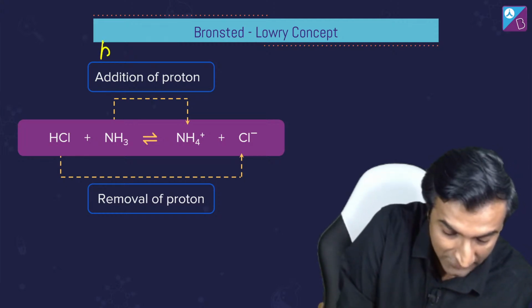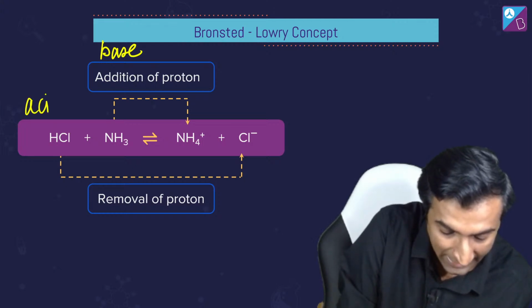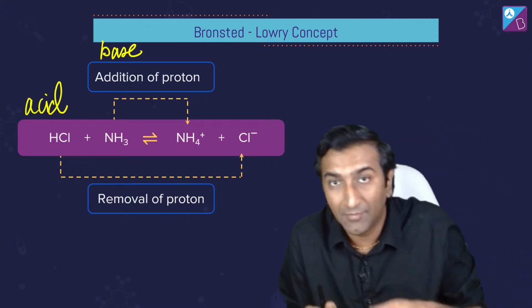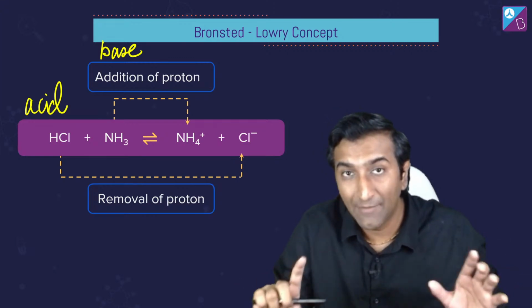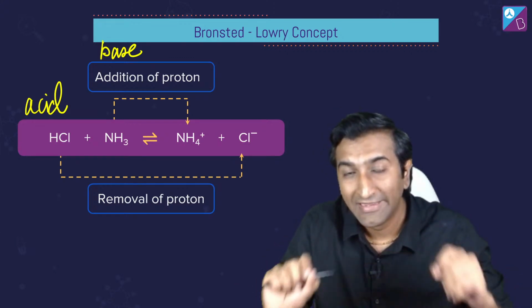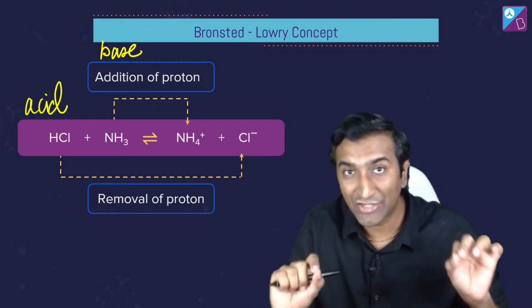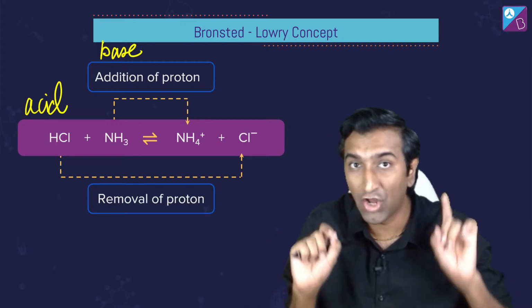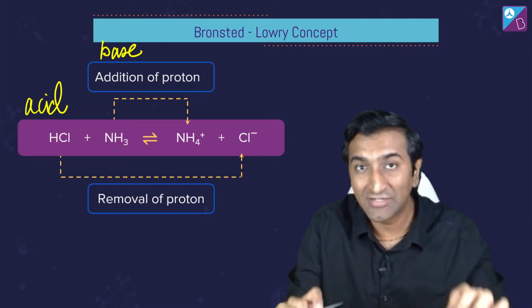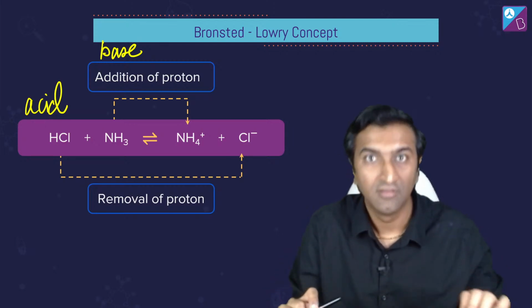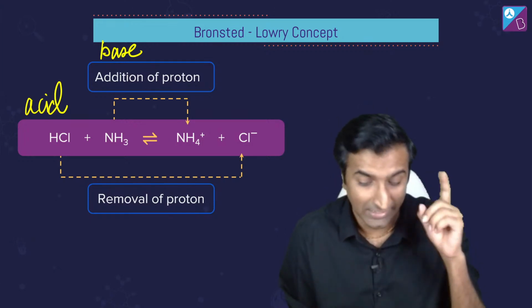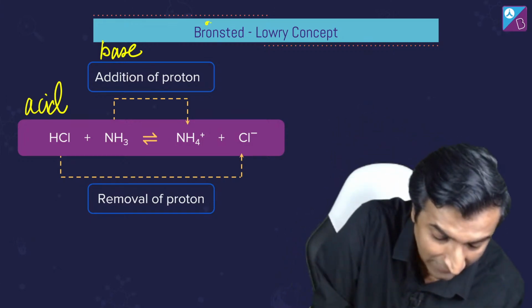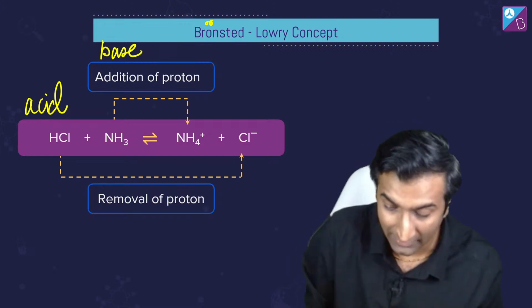मतलब कि this must be a base and this must be an acid. Now, I'm going to take a leap of faith and tell you this very important thing. In organic chemistry, every reaction is an acid-base reaction. फिर से सुन लो. In an organic reaction, every reaction is an acid-base reaction. Moment of realization. Thank me later. इसको याद कर लो, अगर नहीं समझ आ रहा है, it's okay, but remember this right now. When we do organic, you will thank me for this.